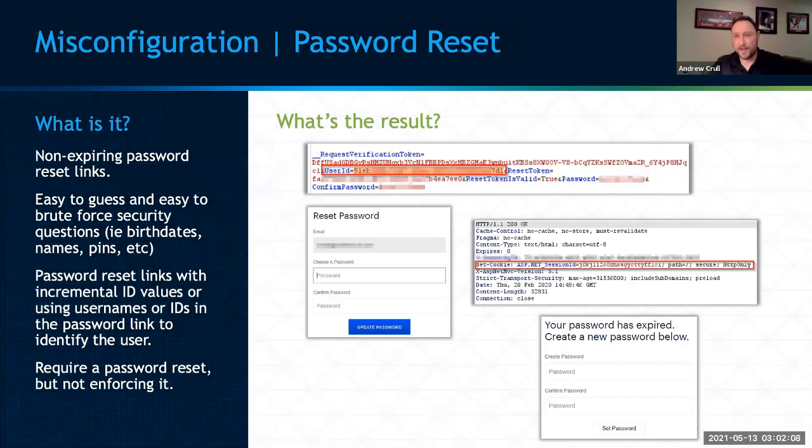And then the last one here, password expired, create a new password below. This one is awesome. I love seeing this because I'm like, they're doing great. They're forcing a password reset. They're making sure these people are doing the right things. They're not using a stale password they've used for 5 years.